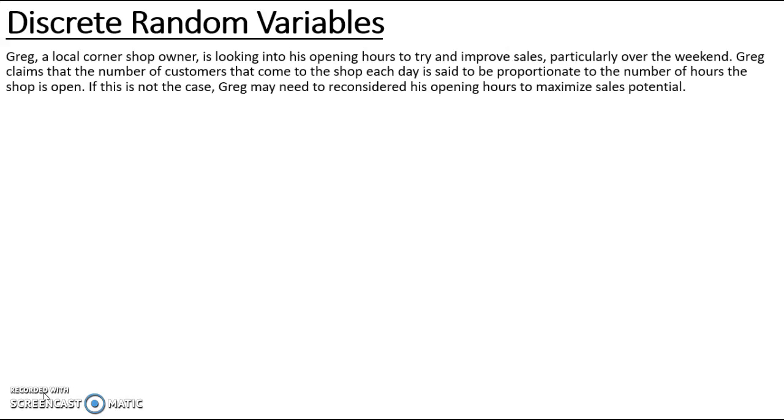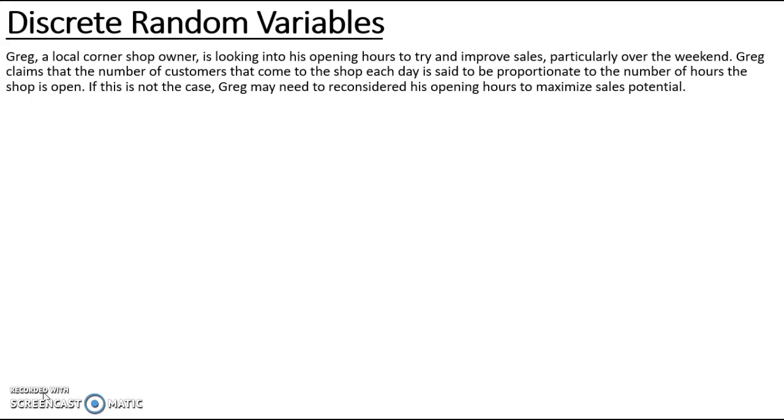In this example, we're looking at a Chi-squared test for goodness of fit, starting with a discrete random variable. Let's take a look at the example. It says Greg, a local corner shop owner, is looking into his opening hours to try and improve sales, particularly